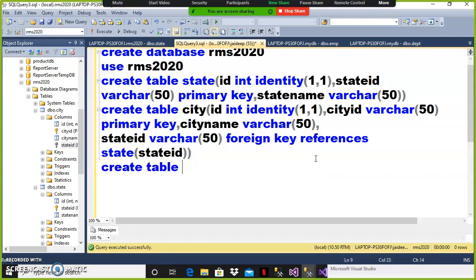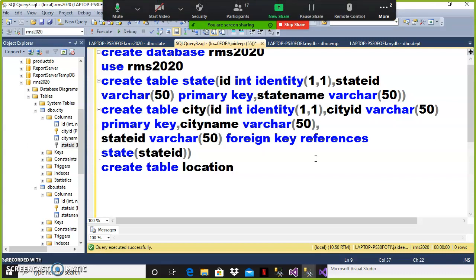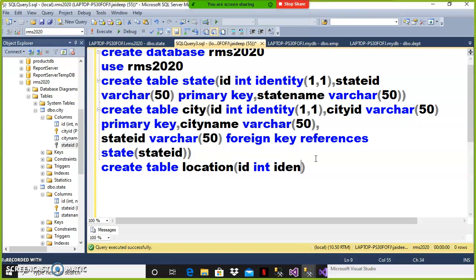Similarly, create one more table. Create table name location. Column name ID, data type int. Here I'll apply identity of starting number 1, increment by 1, comma, here I'll give location ID, data type I'll give varchar of 50.